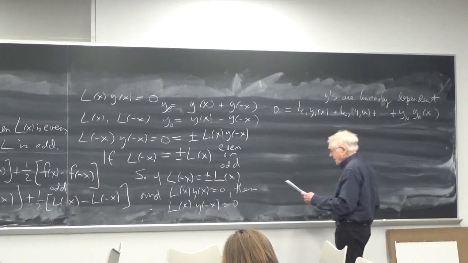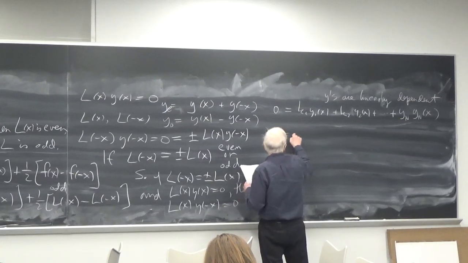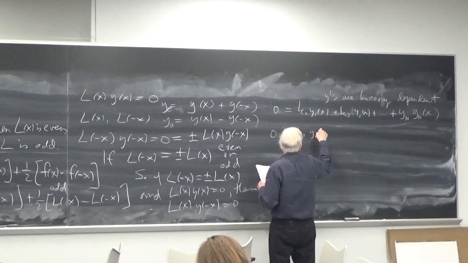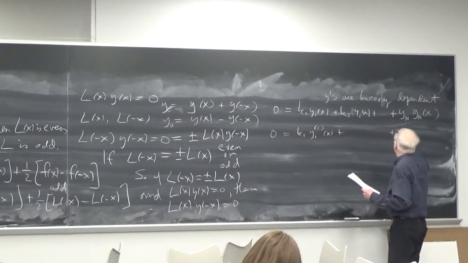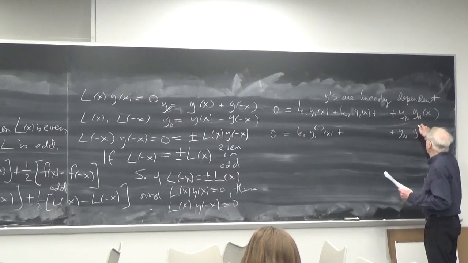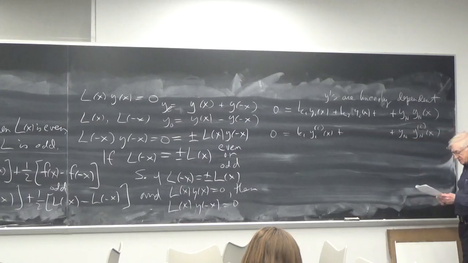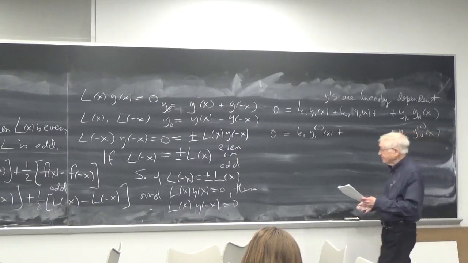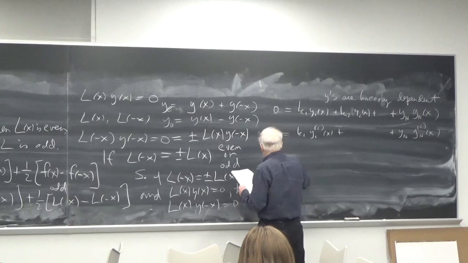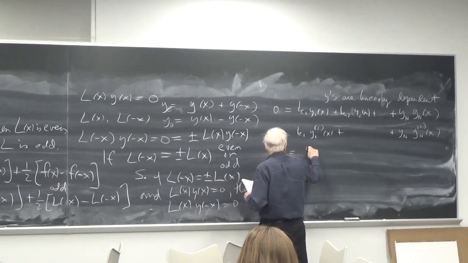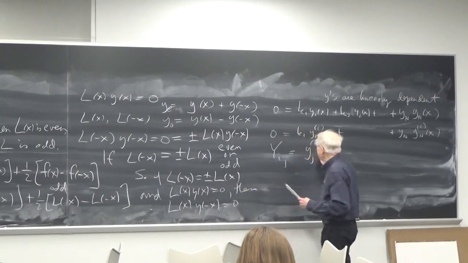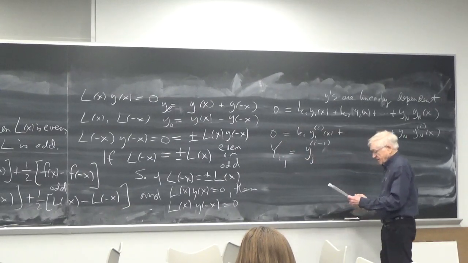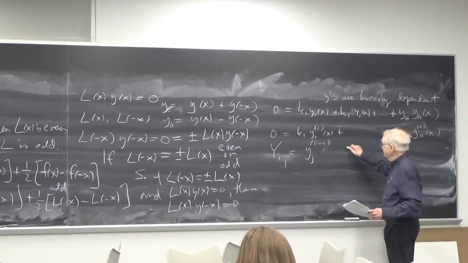We can differentiate this i times, and then we get the ith derivative, and we'll get that all of them are going to be 0. If we define a matrix y_ij equal to the i minus first derivative of the jth y, and then we take the determinant,